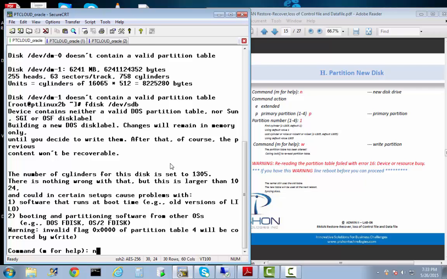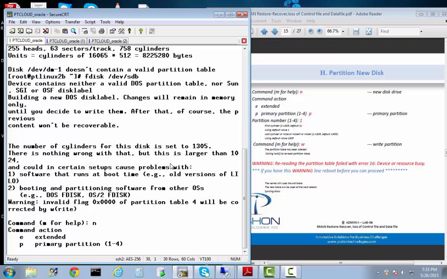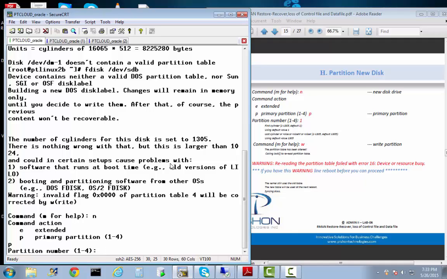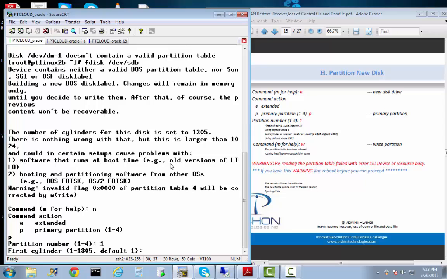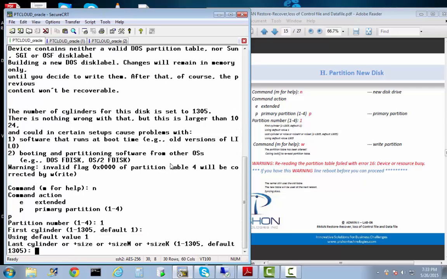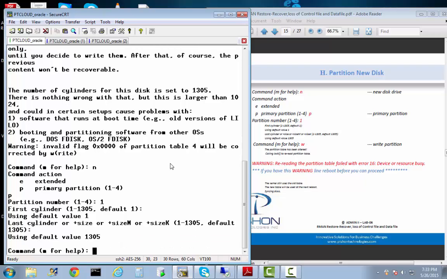This is a new hard drive, and we want to create a partition, and it will be a primary partition, and we just want one partition. We're not breaking it into multiple ones. One partition, accept the default, accept the default, and then we will write all our responses so that the disk